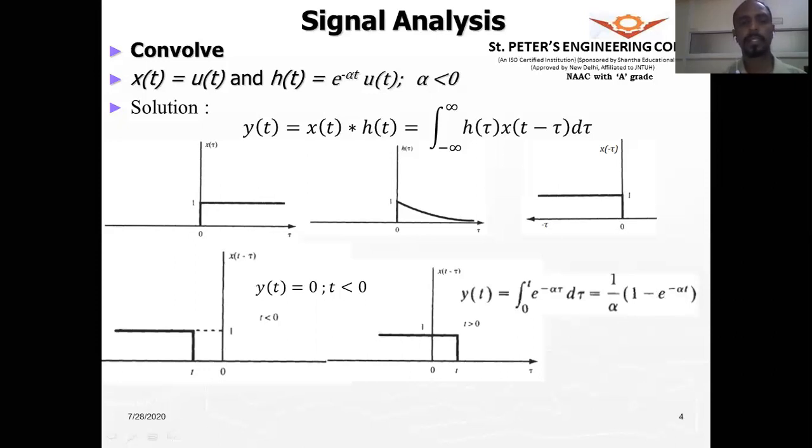Now let us take another example. Since the signal starts at t equals 0 only, for t less than 0 the output is 0. For t greater than 0 only we are getting the output. At t equals 0 just that line will be overlapping. Therefore we are multiplying this with u of t to say that y of t starts at t equals 0. The output starts at t equals 0 and goes on up to infinity. That is why we have represented the output in this equation form.